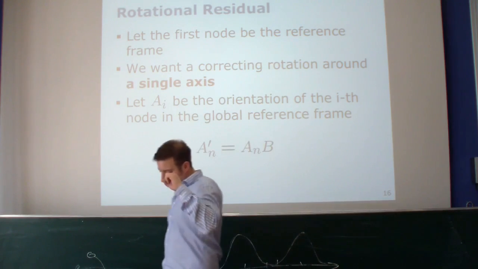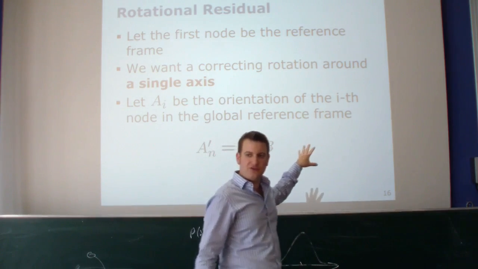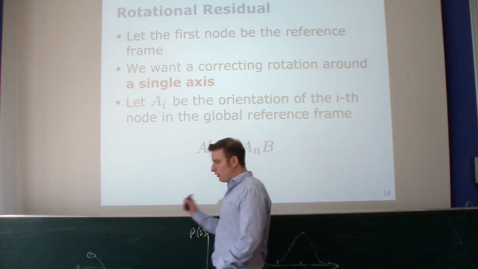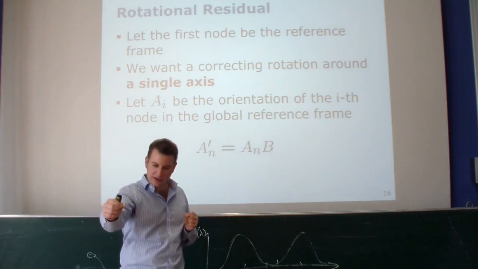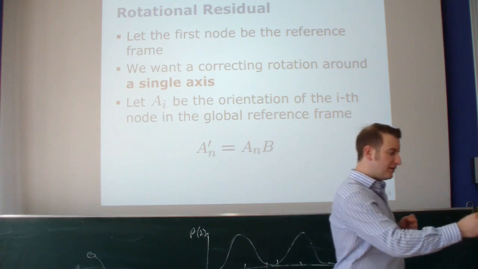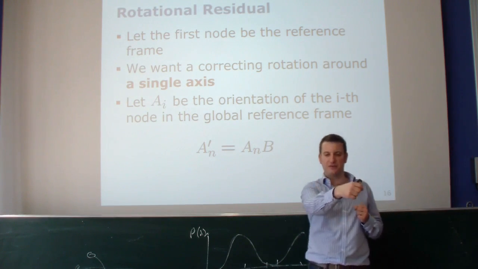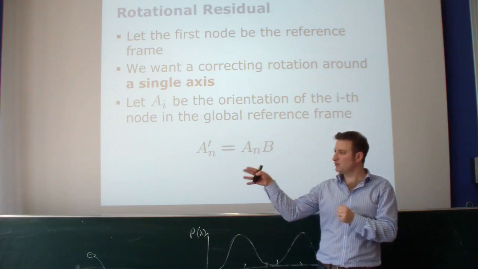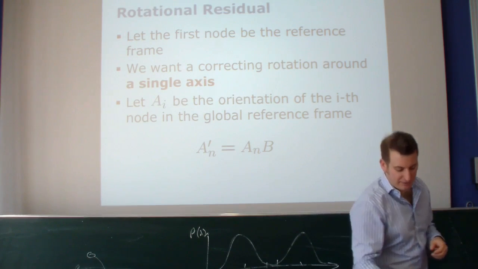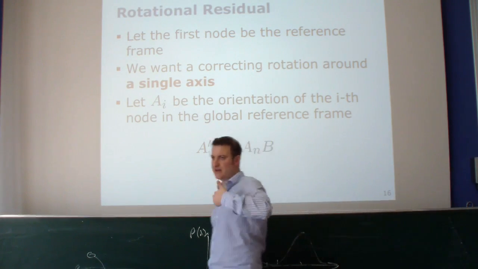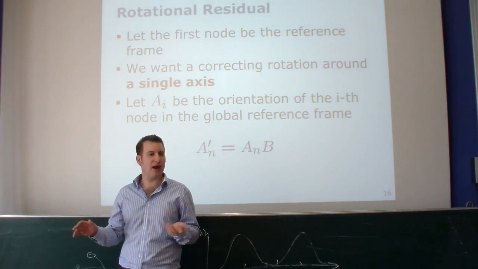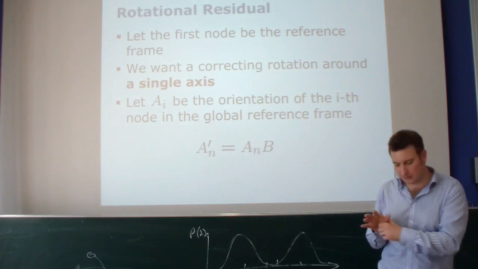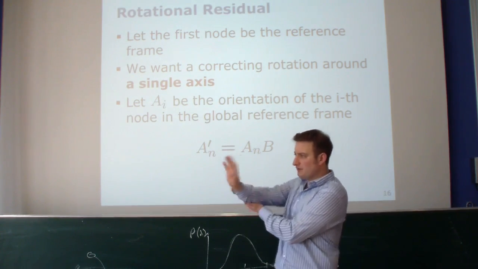Okay. So let's first assume that the first node is the center of the reference frame. Let's just simplify some of the computations here, but it can be easily generalized. So if we want to distribute an error around, so that the final rotation of the last node, Rn, sits at the rotation multiplied with the rotation B, we want to compute a single axis of rotation in the global reference frame, and then a fraction by how much we should rotate those individual nodes. The problem I have in 3D is that I do not have, as in 2D, just one rotation axis, which is the z-axis in the two-dimensional case. I have rotation about the x-axis, the y-axis, and the z-axis. And if I distribute the error over the individual rotations of the individual axes,